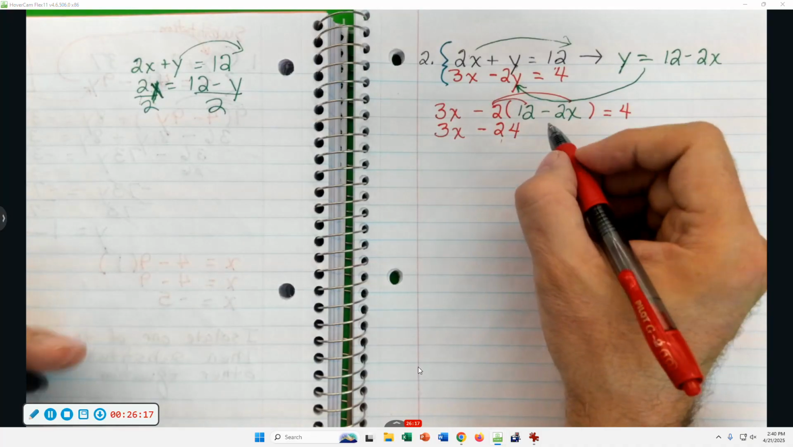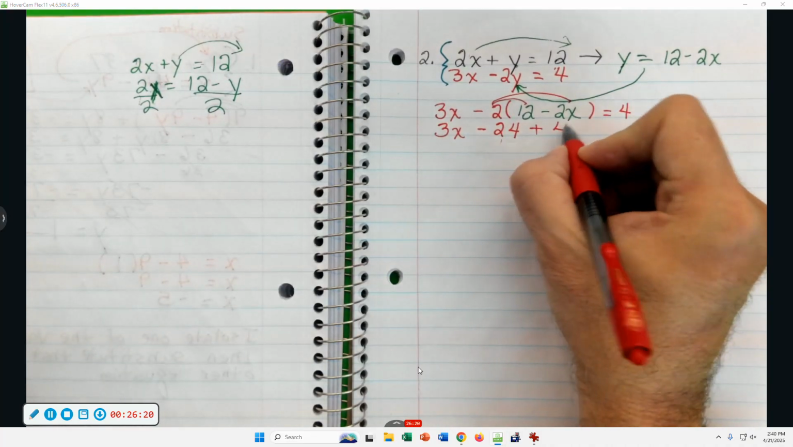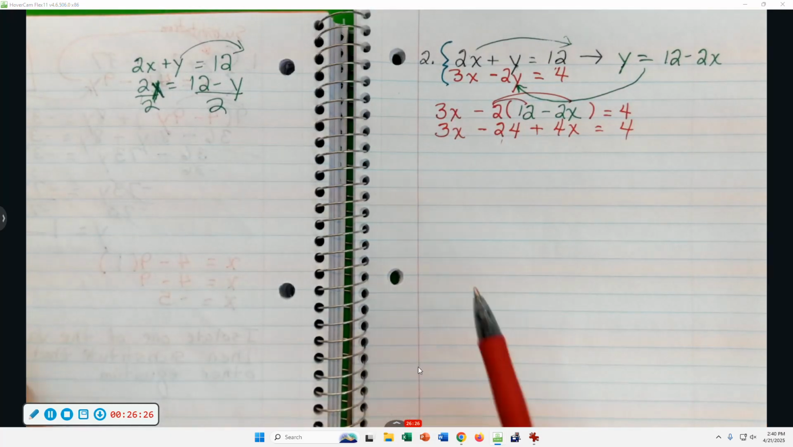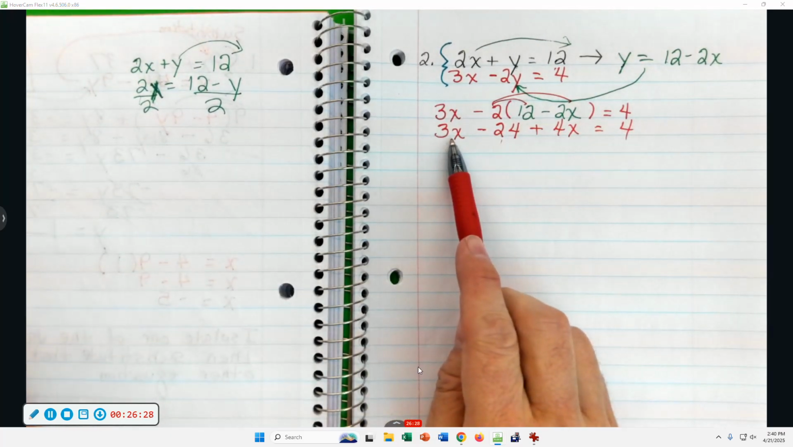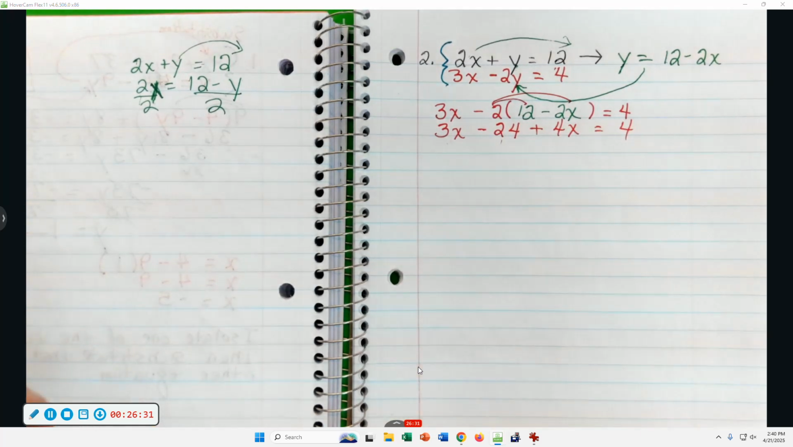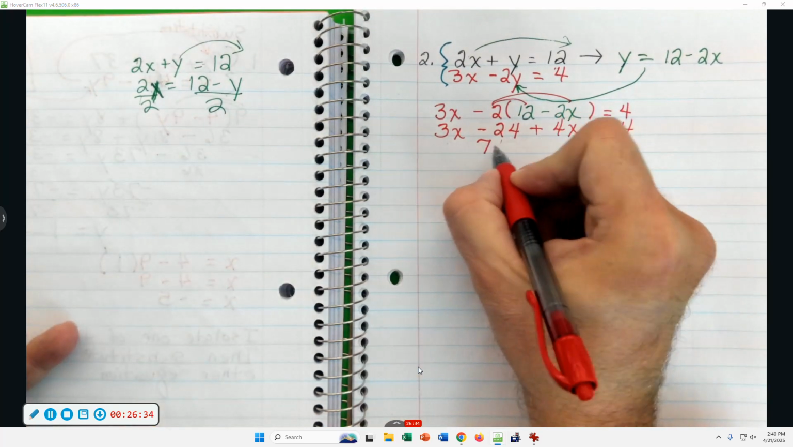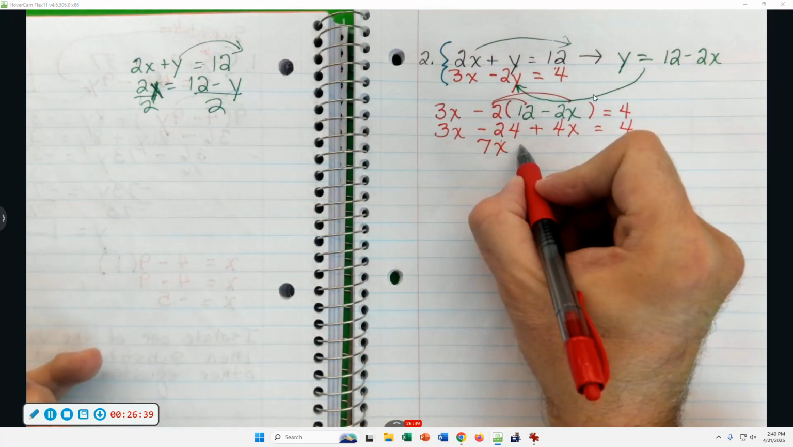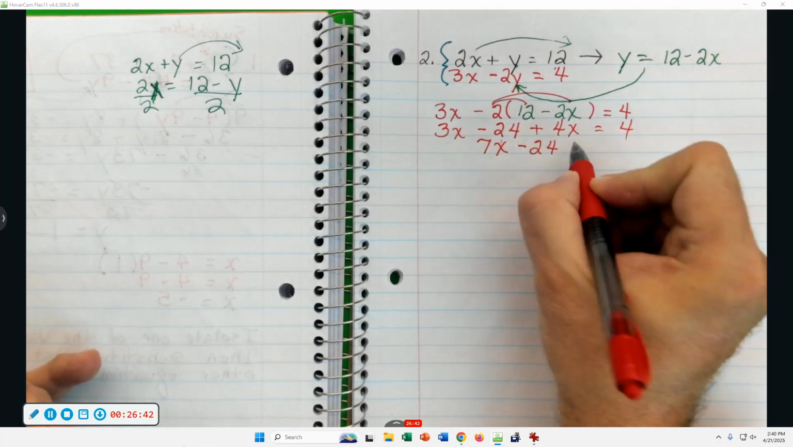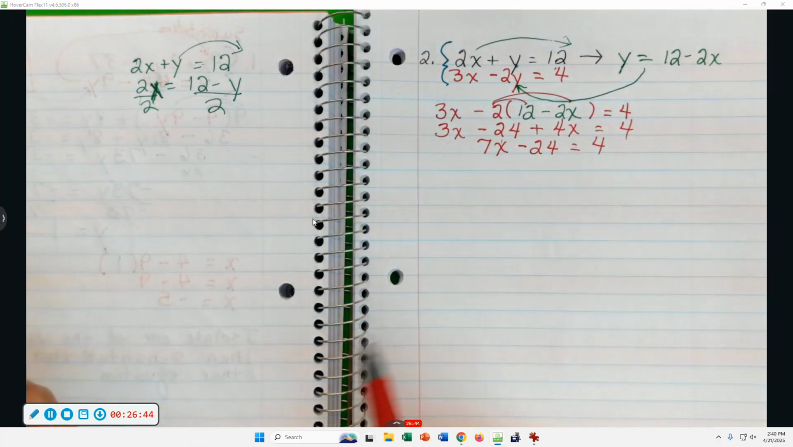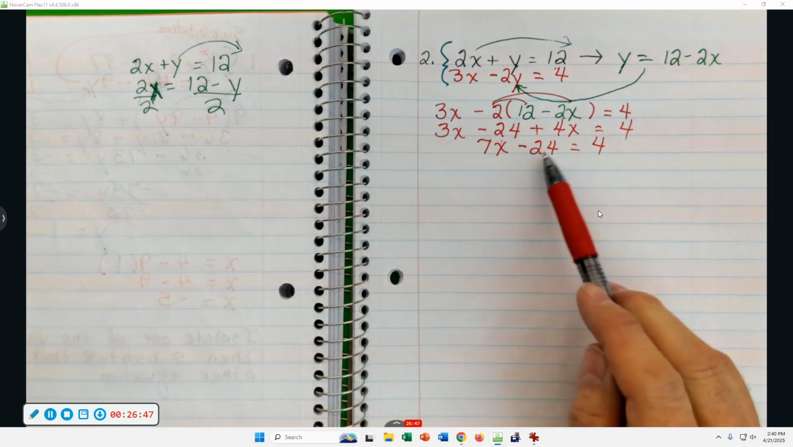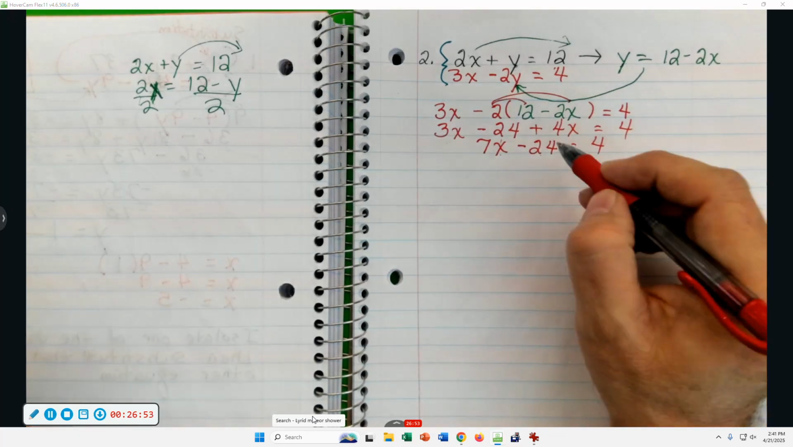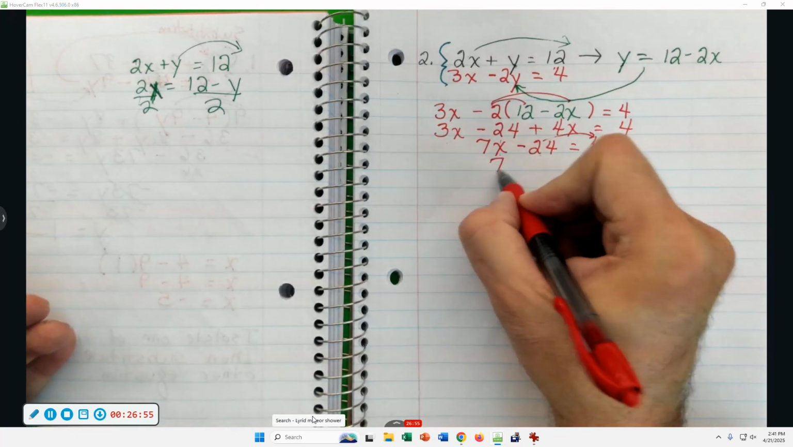Okay. Yep. Good. That's right. Now let's combine the like terms because there's two different x's. There's a 3x and a 4x. I could write that as 7x. What are we going to have to do to get that minus 24 over to the other side? Isolating the x. Yep. Add 24 to give us 7x equals